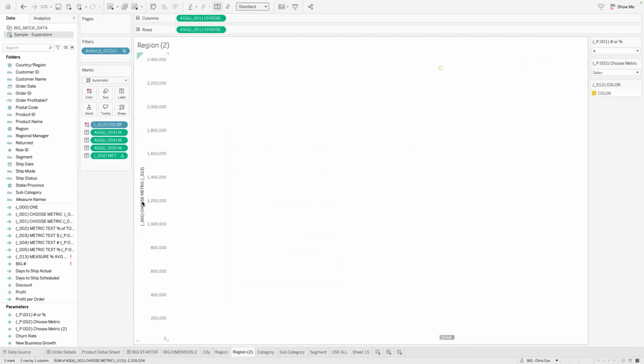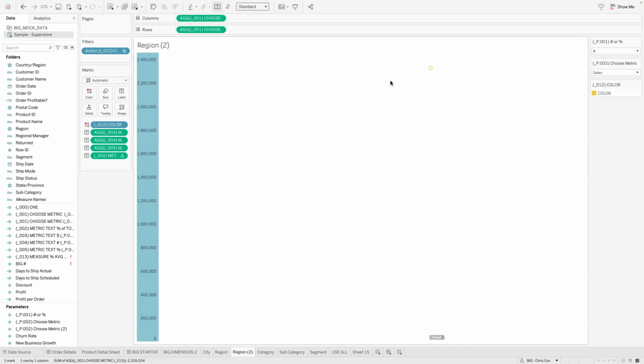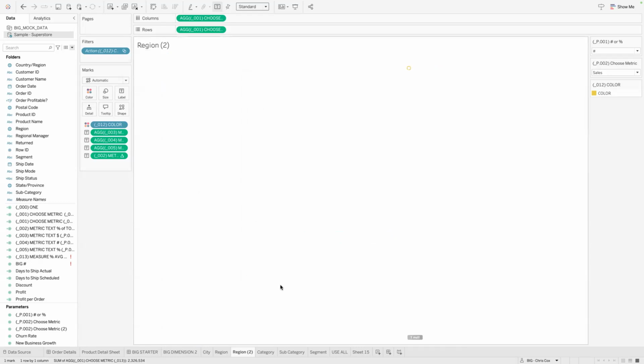I'd want this thing to be, let's see if I can do this. I don't think I can. I'd have to come up with a way to, you can't add anything here in these things, but that's all right. We'll get rid of that for now. So what I would end up having is, add that, like this. All right, so I've got choose metric 1, choose metric 2, and then I want to break that down by my customers. Right now they're the exact same thing, but if I show this one, show parameter, if I wanted to say sales actually quantity.